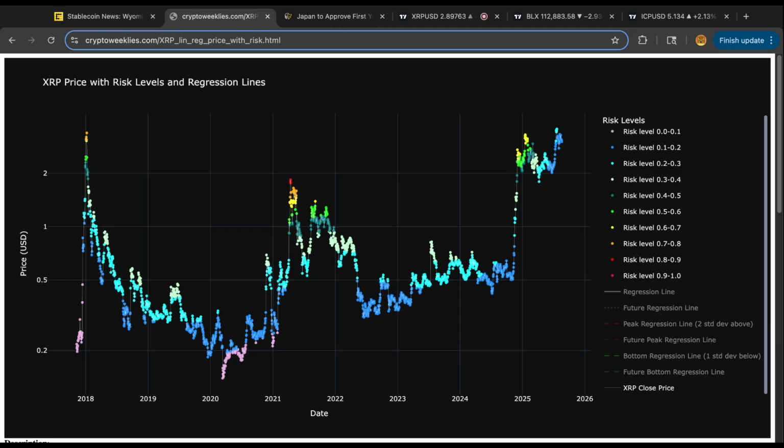Okay, so let's start the XRP analysis off with some risk and regression analysis. If you take a look at the right-hand side of your screen, you can see various risk levels. The colder colors, like blue and green, represent times of low risk, which are the best times to purchase XRP, and the warmer colors, like yellow, orange, and red, represent times of high risk, which are the best times to sell XRP. Currently, XRP is printing a blue risk level of 0.16, meaning buying XRP today is considered low risk,